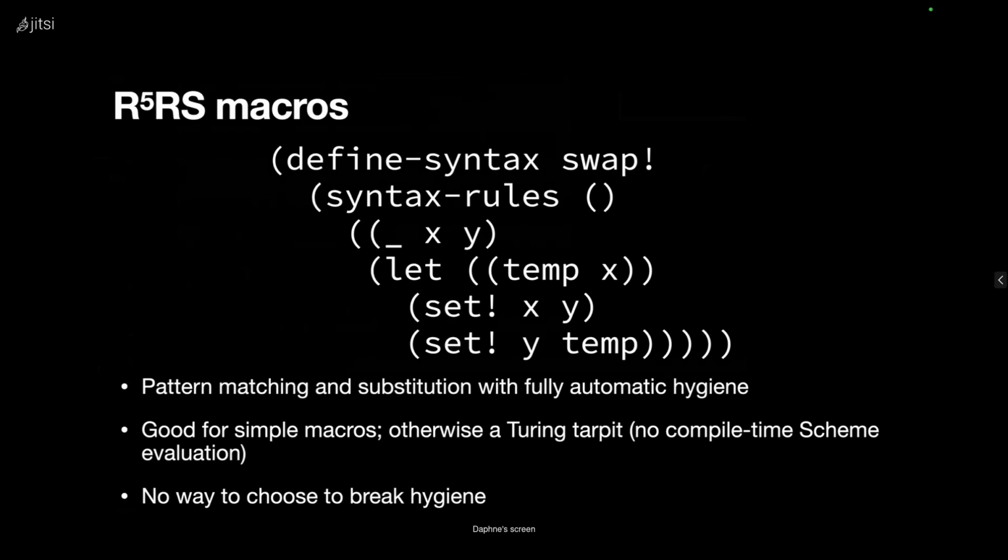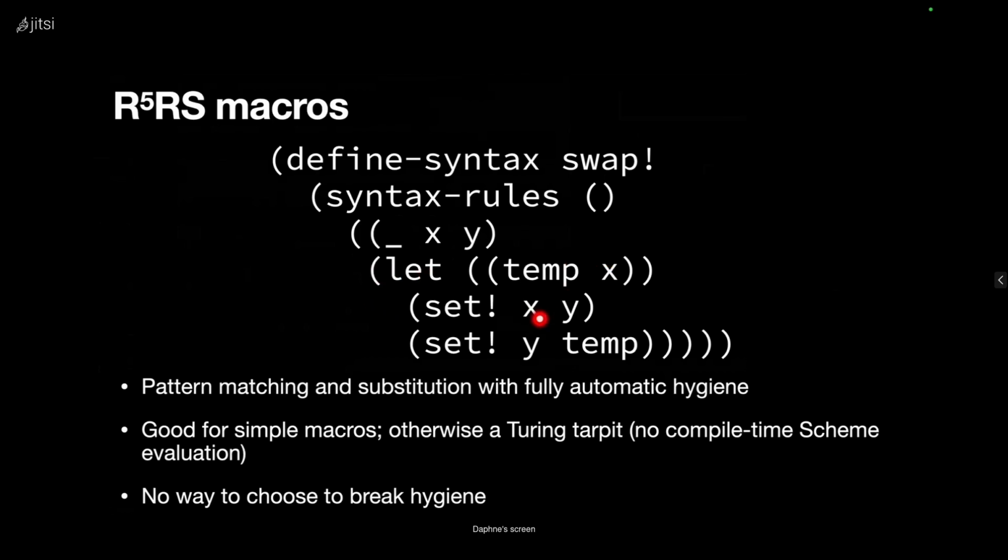Here I'm defining just a simple example macro to swap the values of two variables. I've called it swap bang. We use the syntax rules system and we say the form of the macro, not only the arguments, has the form something and then in some kind of subform X, some kind of subform Y. And these X and Y will automatically be substituted into this bit, which is the expansion of the macro, what it will be replaced with.